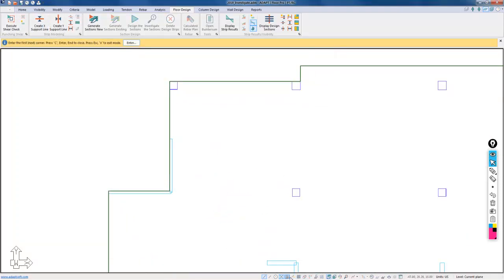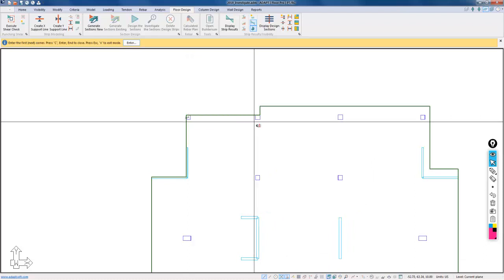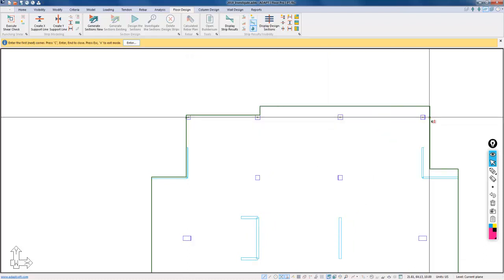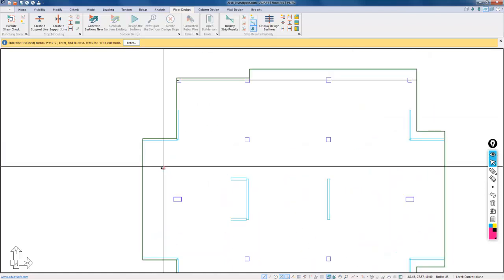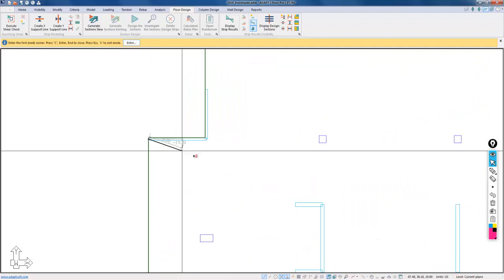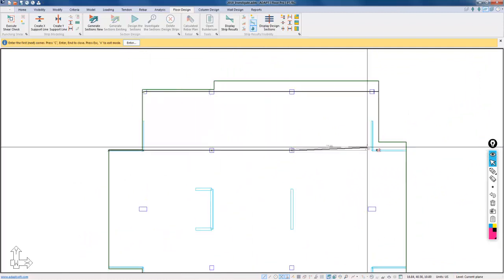And I'll start this strip out here at the edge of the slab, and then I'm just going to snap to each of the columns. Okay, and again, I'm using the snap tools to my advantage. I'm turning those off that I don't need and using those that I do need. I'll turn those on. Here I'll snap to the edge of the wall, the opposite edge, and